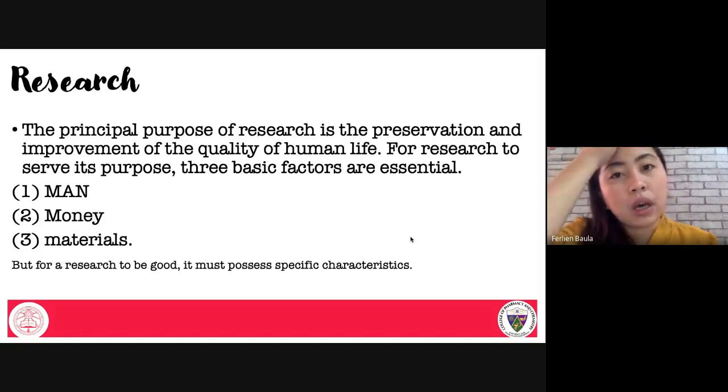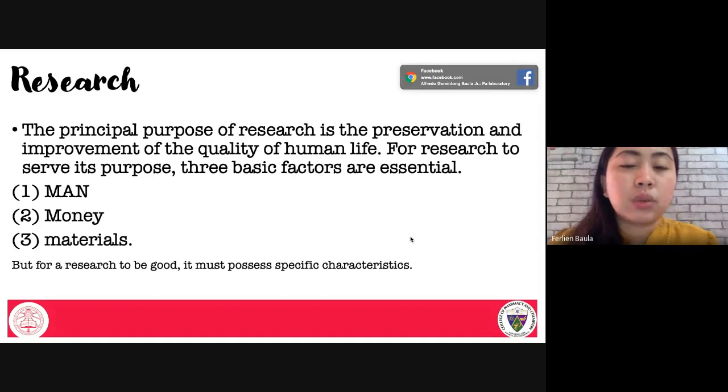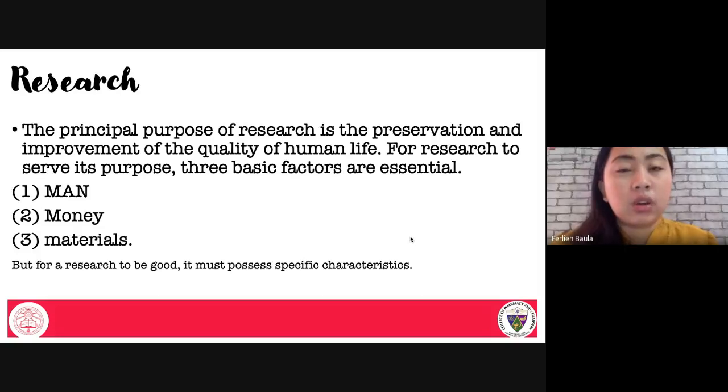This time, due to the pandemic, our materials are limited to what is accessible to us right now. We cannot go to the different communities to conduct surveys or to interview patients, but materials are available online also. Libraries or databases, we can do that. We can use that as our materials for this special setup we have right now.